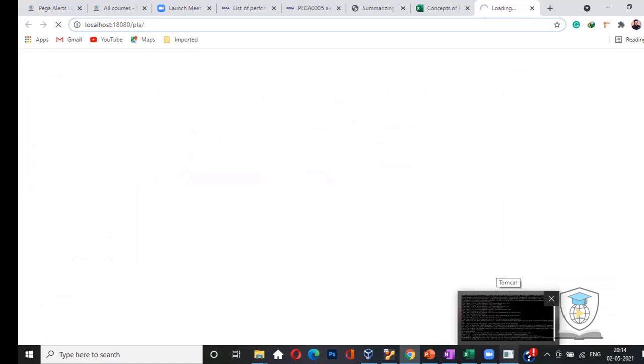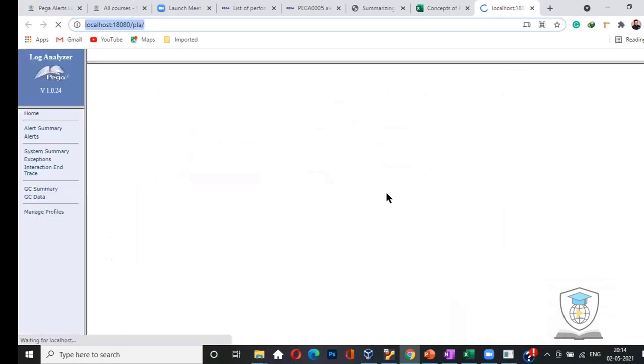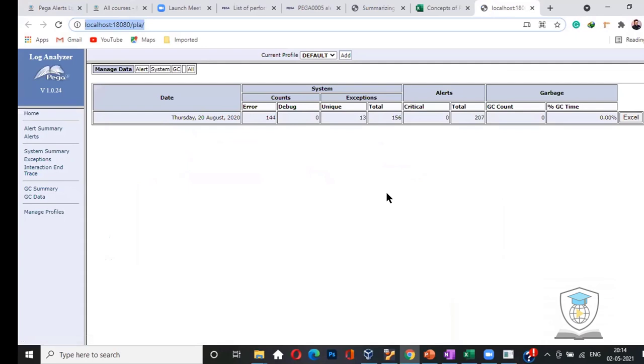How can we do this for a cloud-based system? Like if we have an environment, we need to check the log file. If you are using cloud-based, then you have a tool, predictive log analyzer, PDC, predictive diagnostic for cloud. So in that way, that is already sorted. I am not using cloud and I do not have access to PDC, so I cannot show you.